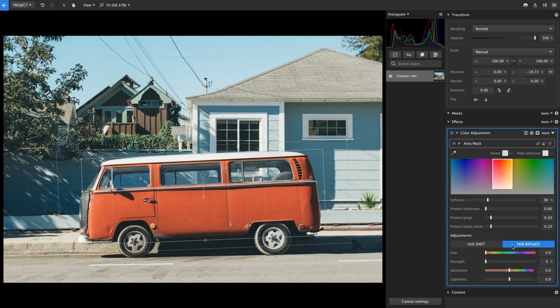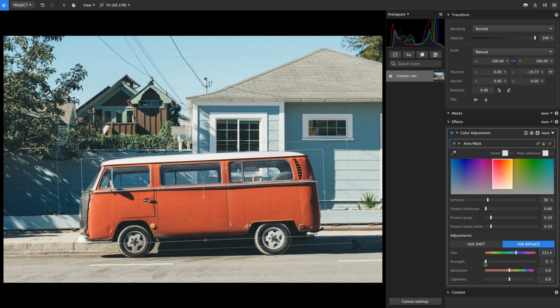The second is to replace the hue. If you want to make a larger change to the colour, such as completely replace it for a very different colour, then use the Hue Replace option. This makes it easier to make larger changes, but also deals with problems around edges in the colour channel which cause fringing that looks inverted. First, we position the hue slider over the colour we want, and finally, we set the strength to 100% to